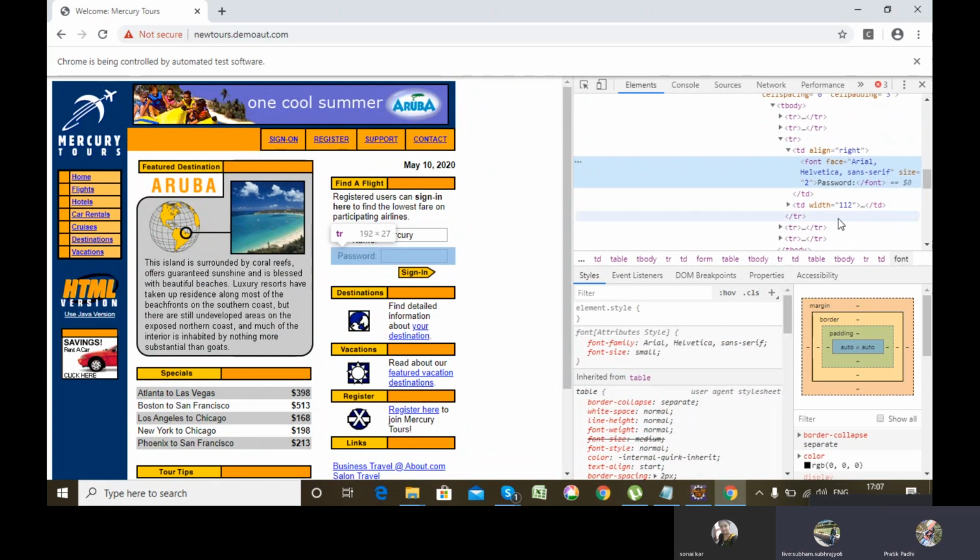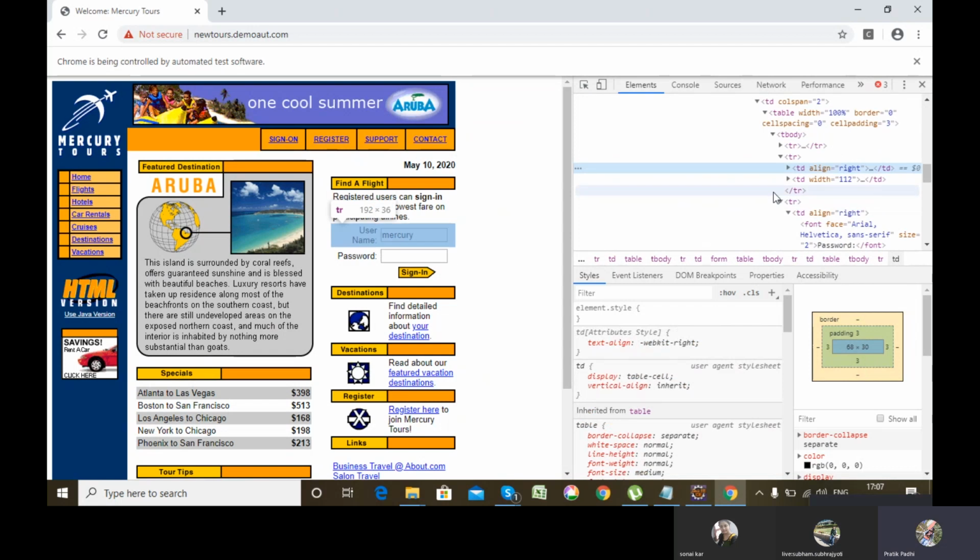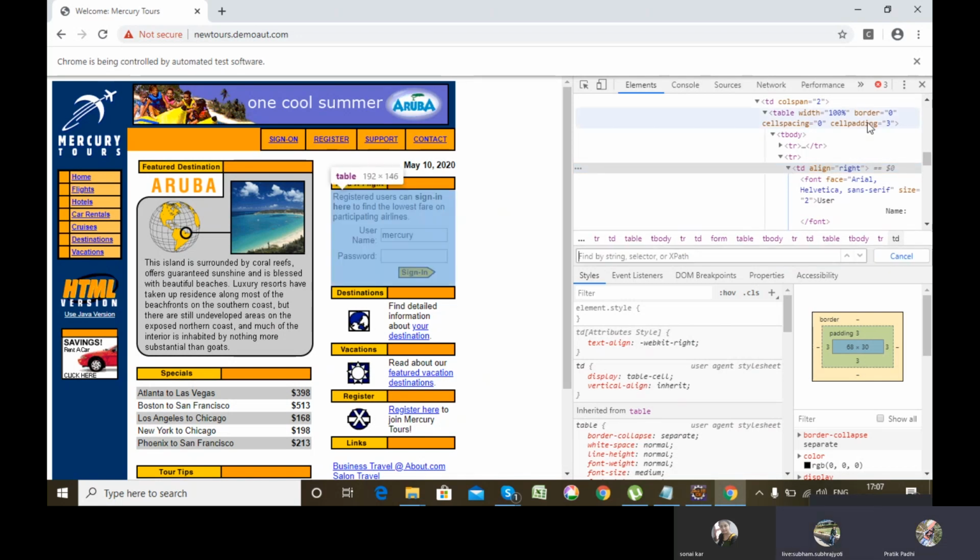So this one or this one, any one of it. These all are visible text, right? So first we have to identify the particular web element using XPath.